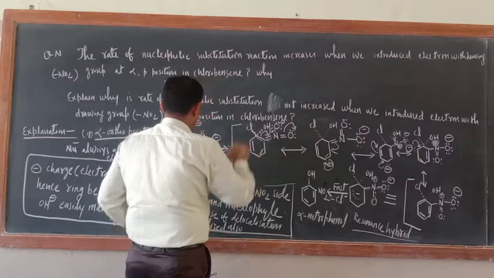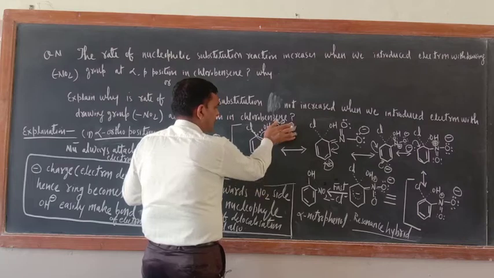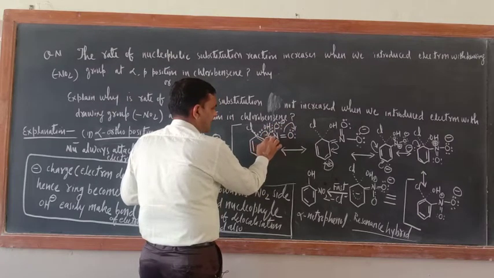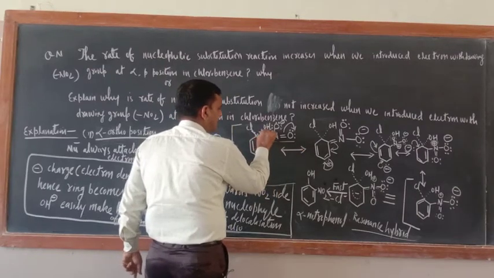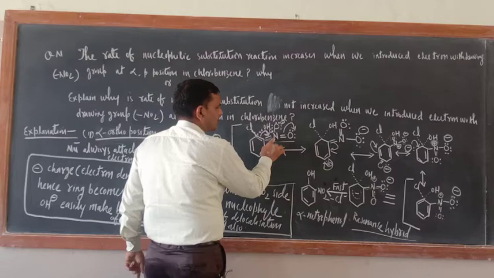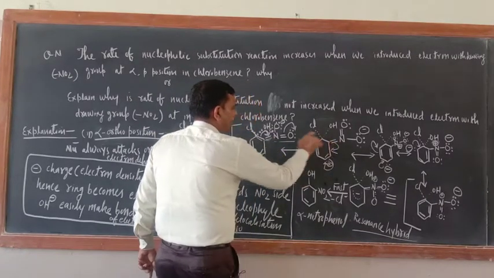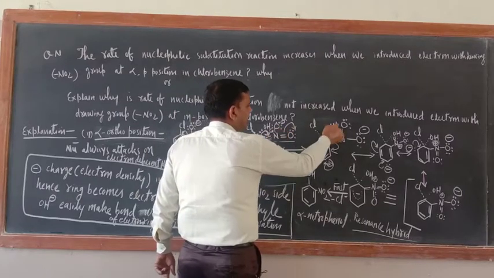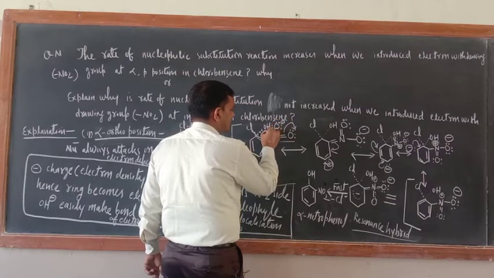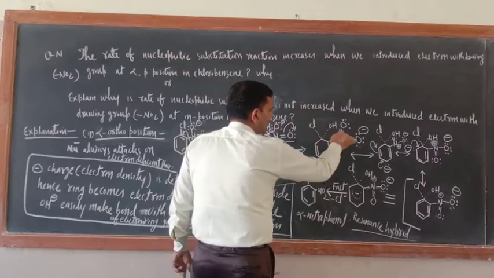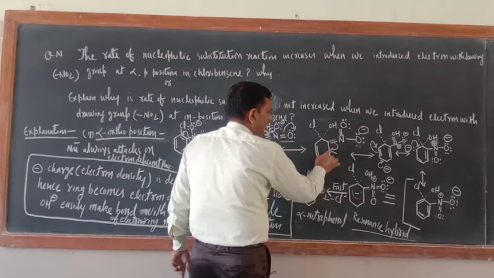And now just see, this is the ring electron. Suppose NO2 group is not there, so this ring electron would have come here. Now because of the presence of NO2 group, this electron is going towards the NO2 side. Just check here. That is why a double bond has come here. Now this electron will go this side, and the oxygen electron will come this side. Just see, 2, 4, 6 are there. So these electrons are coming here. Okay, so here a double bond now, here a single bond now. Now here a double bond is there, and these electrons will come here.